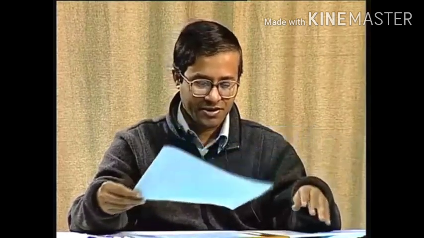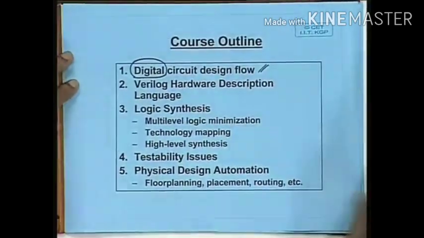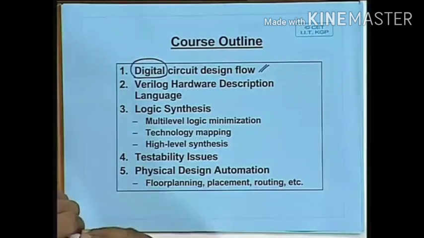Well, electronic design automation, as the name implies, what it really means is that we have some kind of a design which we want to carry out. Starting from the specification, we want to arrive at the final design implementation. It can be an FPGA, it can be an ASIC, it can be anything. So, let us first try to have a quick look at what are the topics that we intend to cover